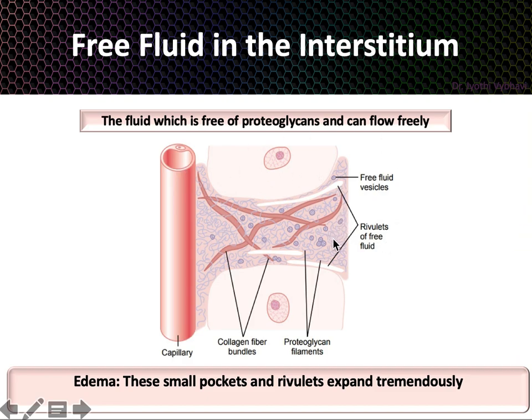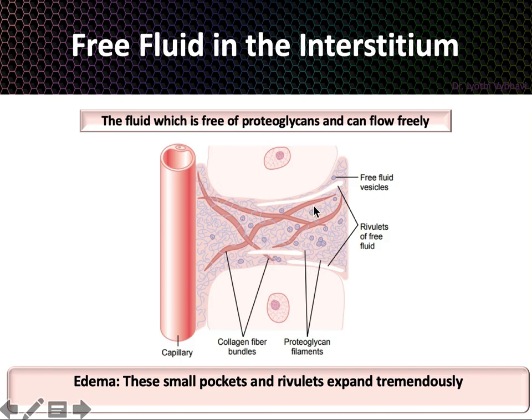Fluid which is free from proteoglycans is called free fluid. Also, it is easy to run around. The fluid which is present here with the proteoglycans is gel-like, but the fluid in the vesicles, and there are also spaces called rivulets of free fluid, is free flowing. So whenever extra fluid comes into the interstitium other than 11 liters, if for example 15 liters come into the interstitium, these rivulets and vesicles are enormously filled with free fluid,